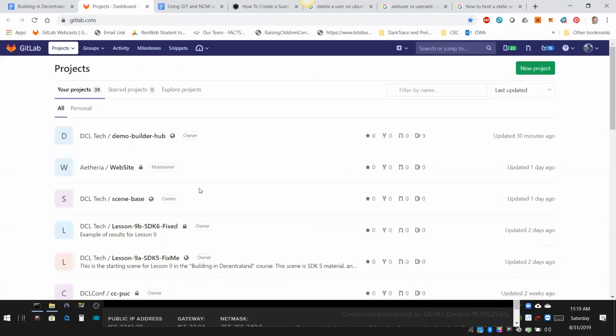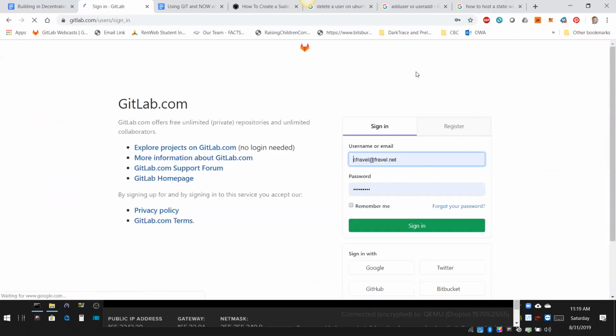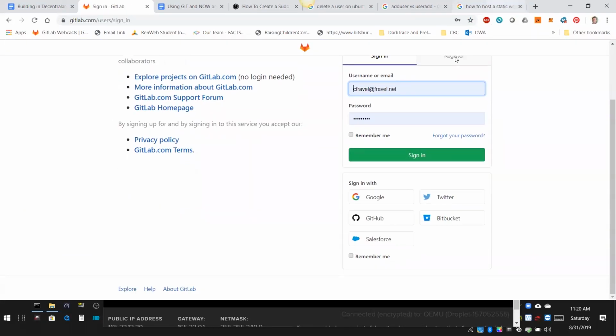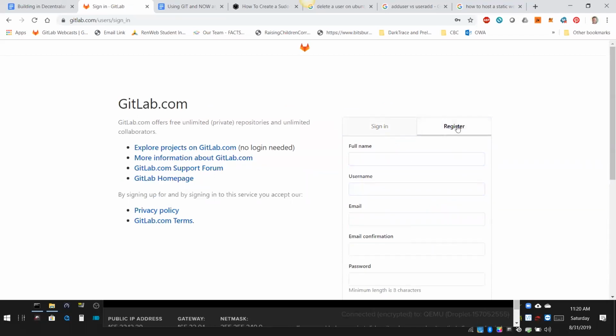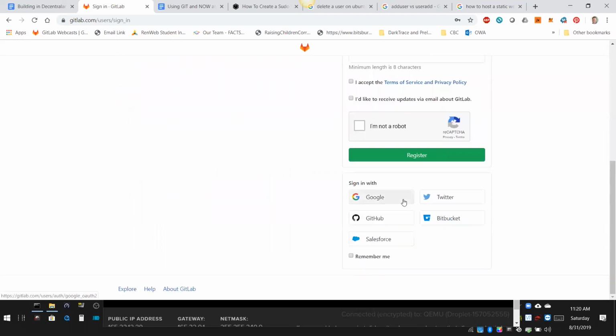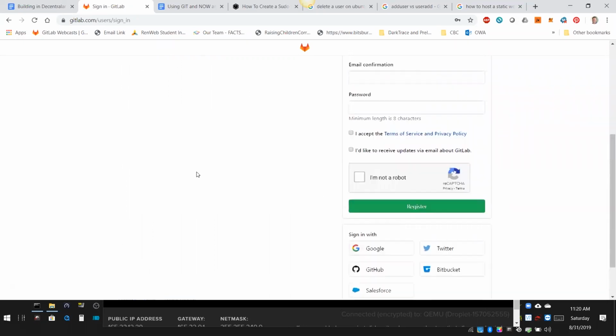Just gitlab.com. I'm already logged in and I have created an account, but if you don't already have an account there, it would act like I was logged out. You can sign in if you have an account, or you can register and create a new account. So that's what you would do to use GitLab, is you provide this information, state that you're not a robot, and you can sign in with all these different methods,